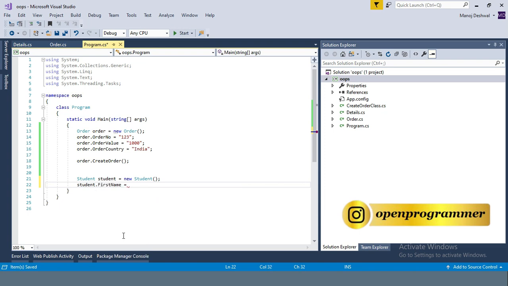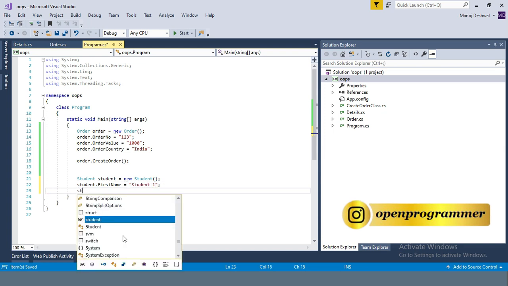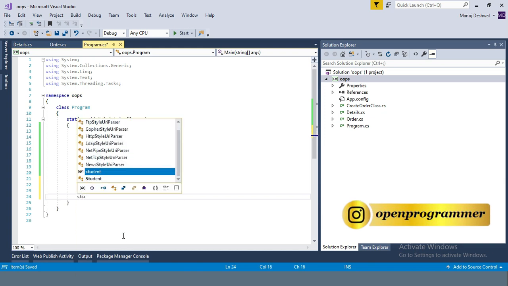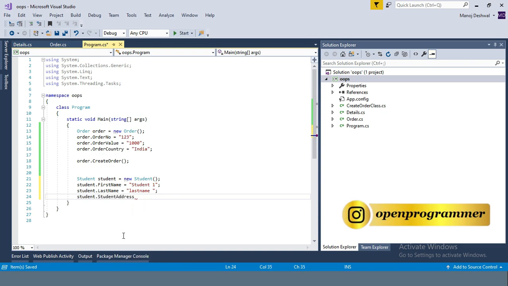So let me give a name here, student 1, student dot last name equal last name, student dot student address equal test address.